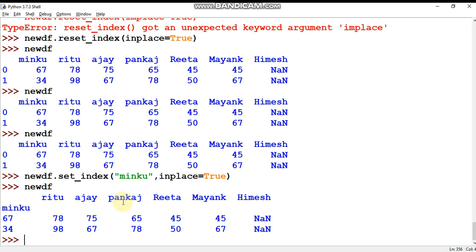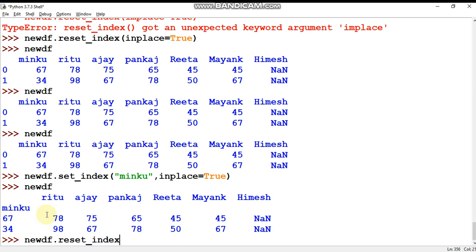Now I'm going to discuss the second one. Suppose after just declaring this one you thought no, the previous one was okay. So previous one, like we used to do control Z, if you want to do like this, so what we have to do, again data frame dot reset index. Just opposite, you can say undo, redo, we all have used in a word processor.